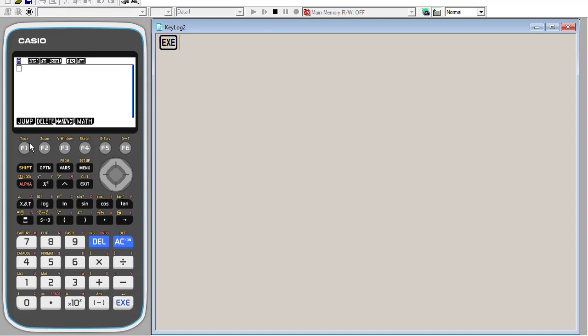And for those of you unfamiliar with Casio, everything in the menu is now accessible through these function keys. So the function keys become very important, and so they line up. So if I were to hit F2, I could delete everything on my screen. Of course, there's nothing there right now. F3 is going to get me into matrices or vectors, and I can set up matrices in their dimensions.